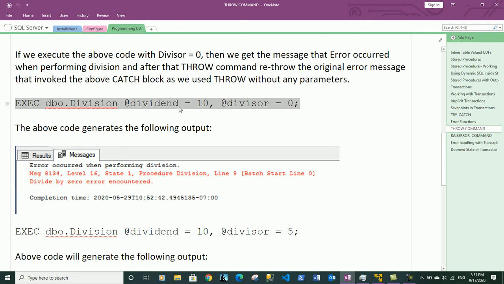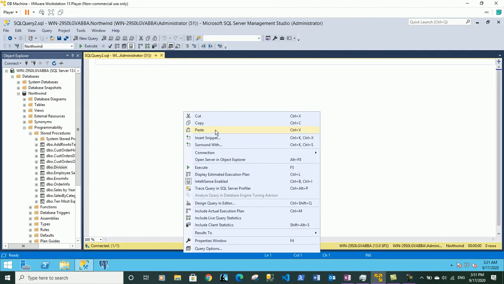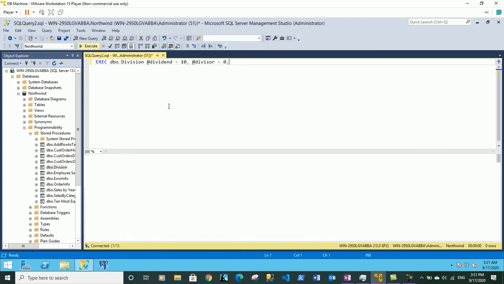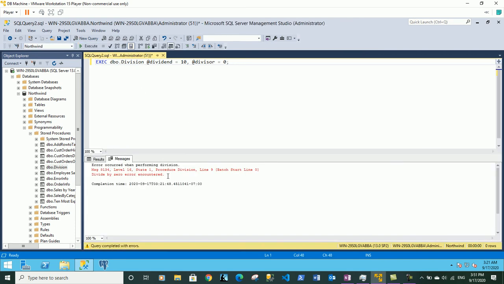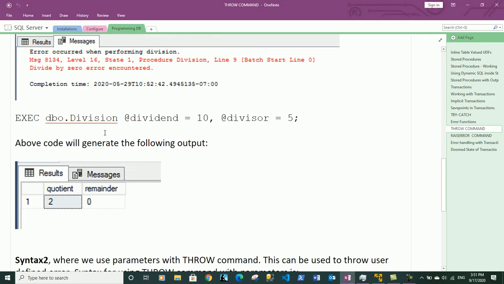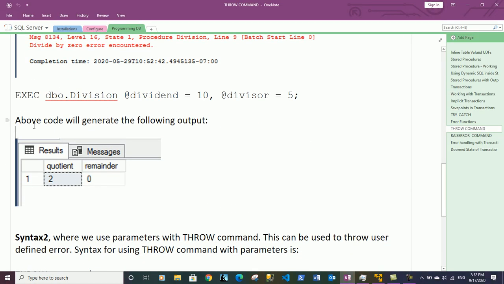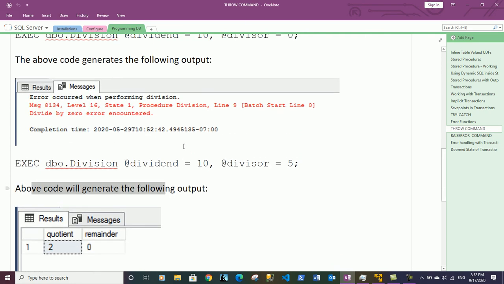So let's copy this code, go back to SQL Server, paste this code and execute it. You see we got this divide by 0 error when we executed the stored procedure with parameters dividend equals 10 and divisor equal to 0. So we got the same kind of error mentioned here, and even though we got the error,